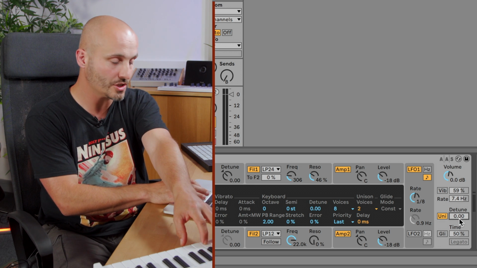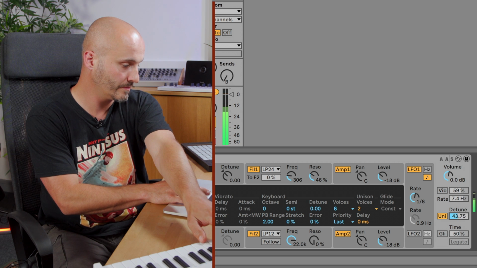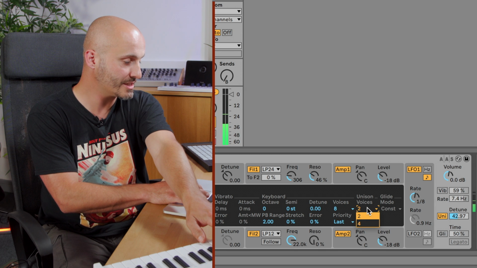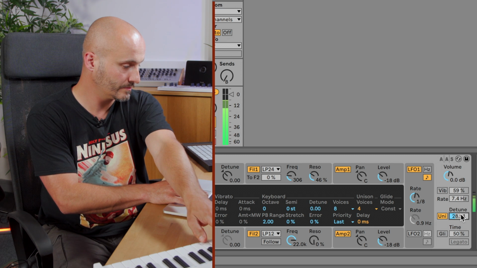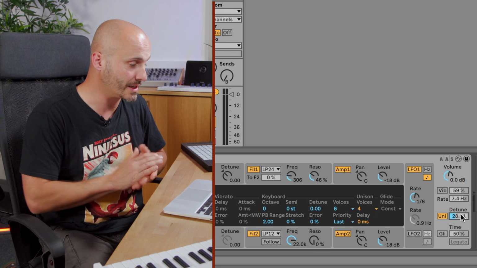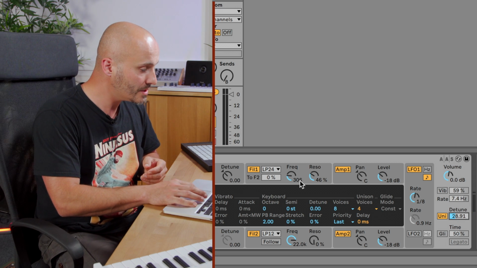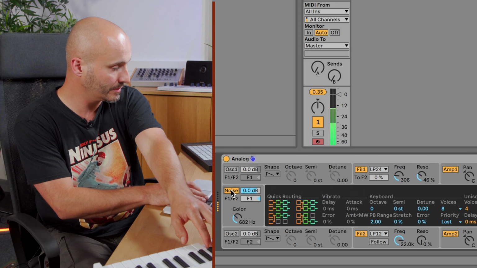So let's increase the detune. So without. Okay, let's increase the voices and see how that changes. So you can hear it's got a lot thicker sound to it because there's more layers of the oscillators playing with each other. So the noise oscillator is here, and if we just have that enabled,